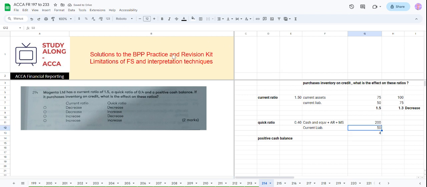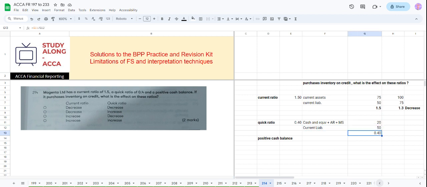Should we call it 20? Yes. So if our cash equivalent, accounts receivable and marketable securities total 20, and we have this current liability of 50,